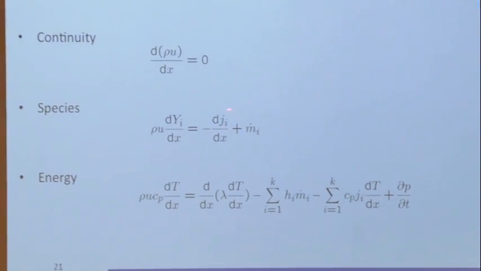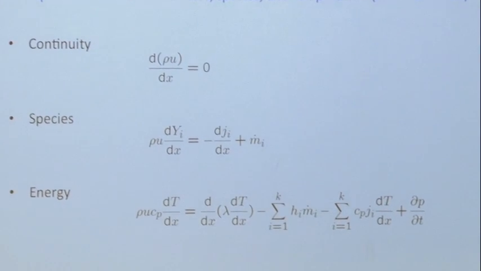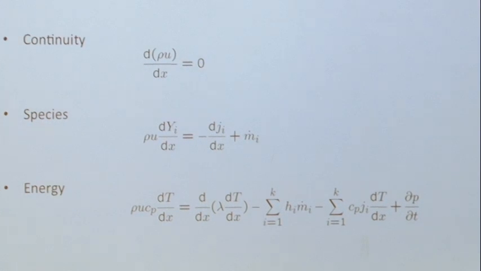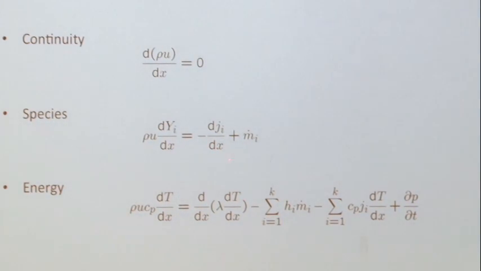So these are just these equations in 1D. Look at this J. J here is the diffusive flux. There are different approximations for how to write this, more complicated and simpler ones. What else? Chemical source term here. This is the chemical source term of species, m dot i, and this is the enthalpy of the species. And so this sum here, that's the chemical source term. Interesting is, you might have seen this before,